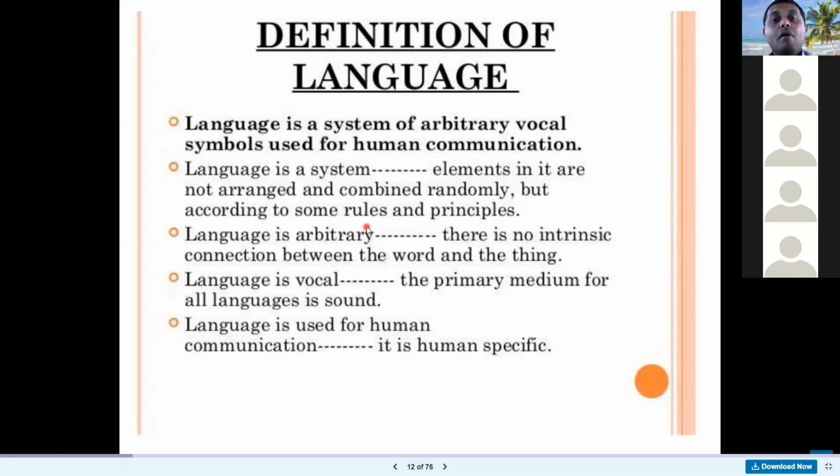So language is a bunch of rules and principles. Language is arbitrary. There is no intrinsic connection between the word and the thing. No connection between the word and the thing. Right? For example,